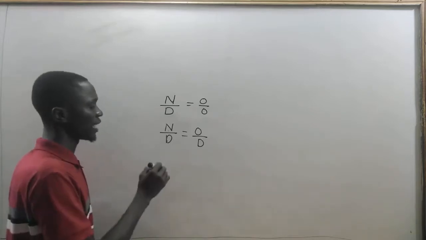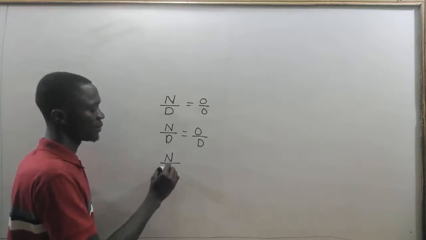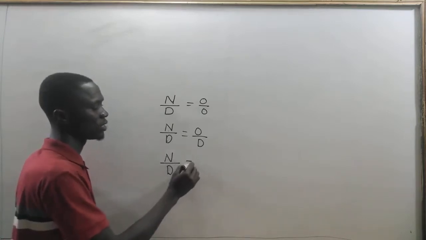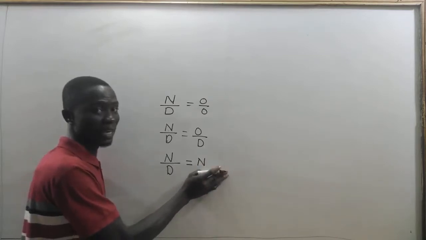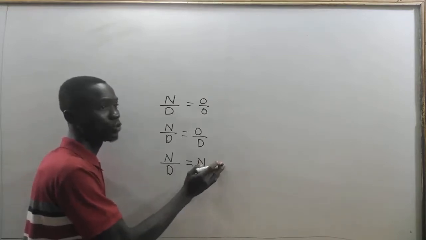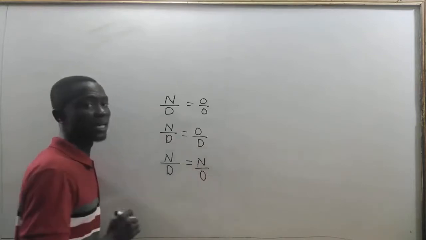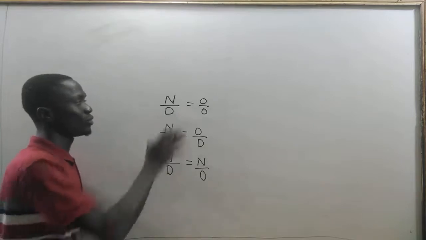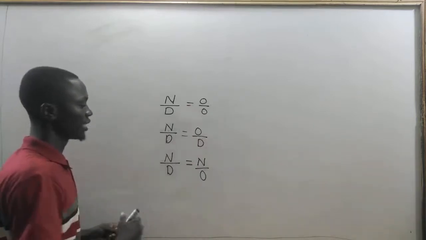And then you look at where, upon direct substitution, the numerator remains a real number, greater than 0 or less than 0, but the denominator gives 0. So we can group it into 1, 2, 3, then 4,